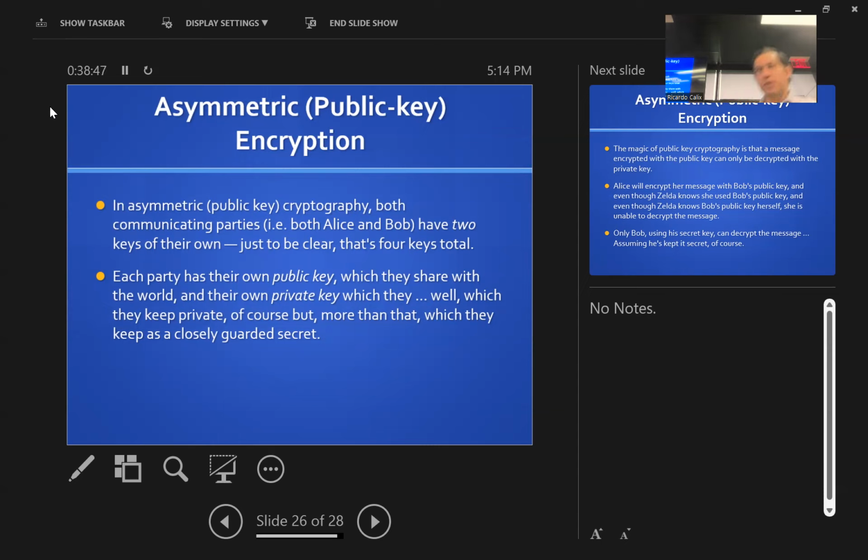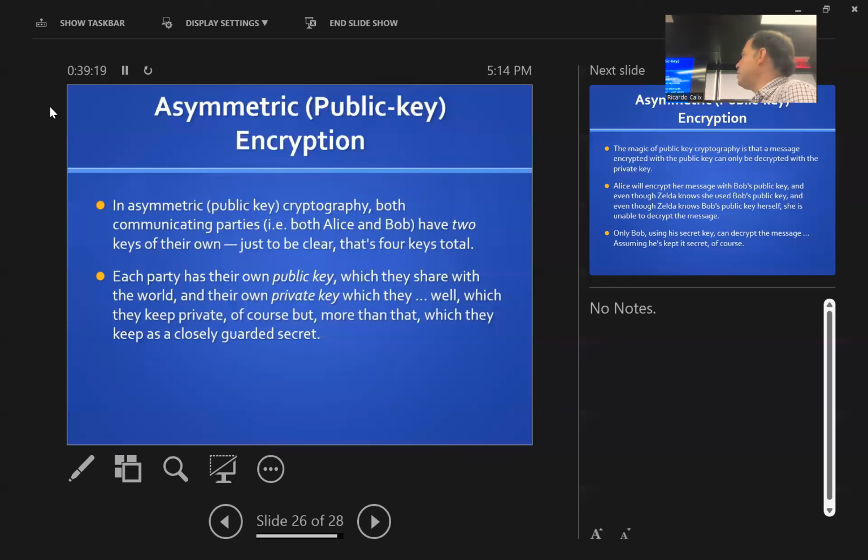And for that type of encryption, you're going to have to create a new pair of keys, which is going to be 2 keys called public and private. And all of you will have a public and a private key of your own. Okay? So that's the trick, the solution to this. So again, in asymmetric public key cryptography, both communication parties, Alice and Bob, have 2 keys of their own. So just to be clear, that's going to be 4 keys in total for the communication between Bob and